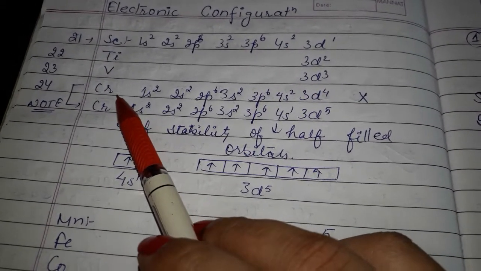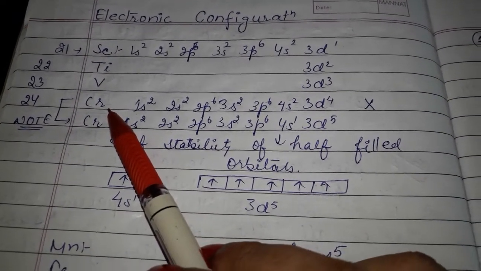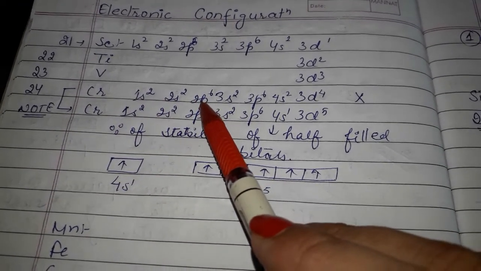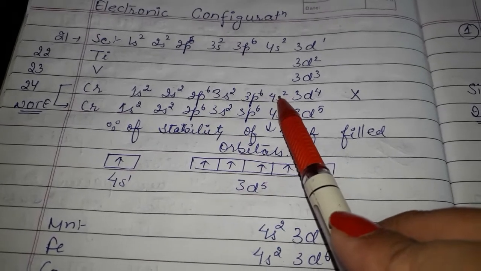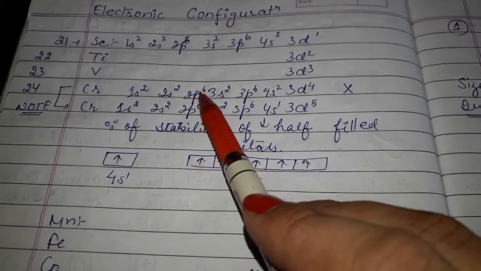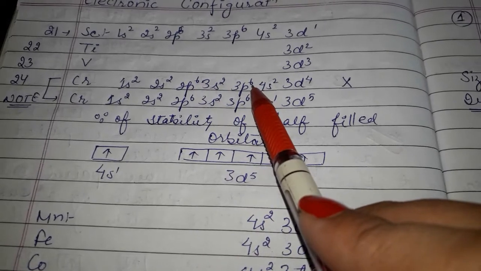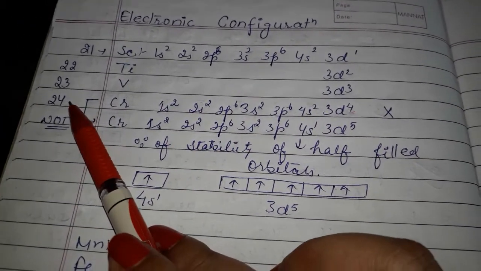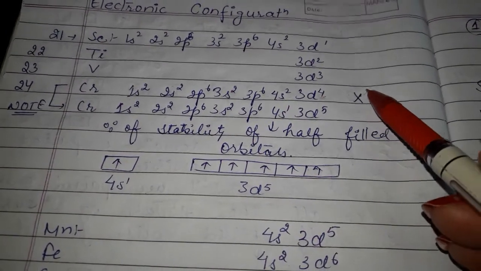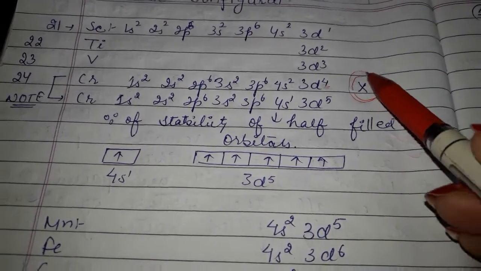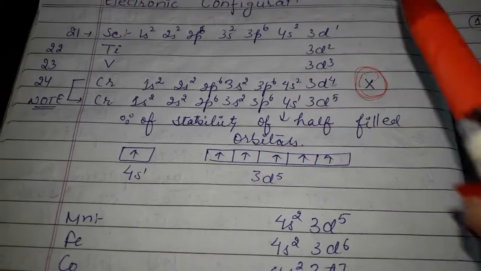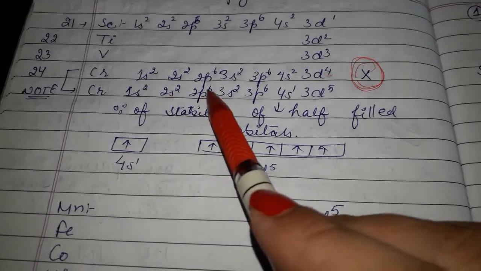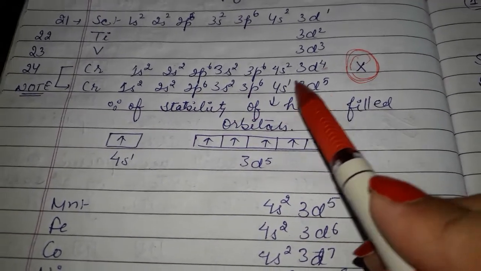Now in case of chromium, whose atomic number is 24, the configuration would be 1s2, 2s2, 2p6, 3s2, 3p6, 4s2, 3d4. 2 plus 2 is 4, plus 6 is 10, plus 2 is 12, plus 6 is 18, plus 2 is 20, and 4 is 24. The atomic number of chromium is 24, but this configuration is wrong. This is not true. The exception here is that the configuration of chromium will be 1s2, 2s2, 2p6, 3s2, 3p6, 4s1,